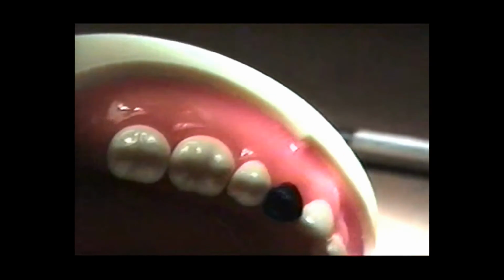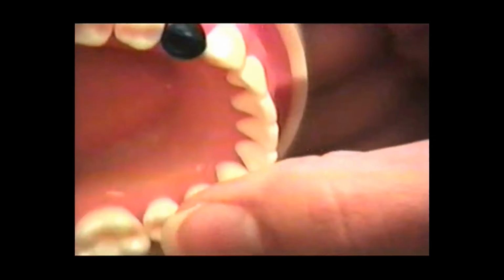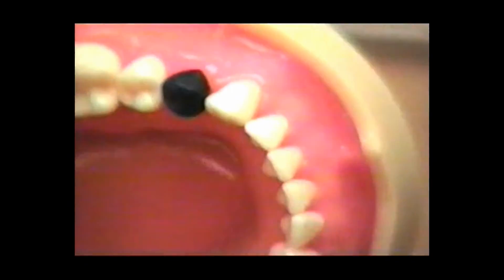Whenever I add wax to something that's smooth already, like the facial surface of this tooth, I feather it in with a warm dripper so that it doesn't have a line where I just added. I don't know if you'll be able to see. I just feather it in so that it's smooth, and then I can come back with my carver